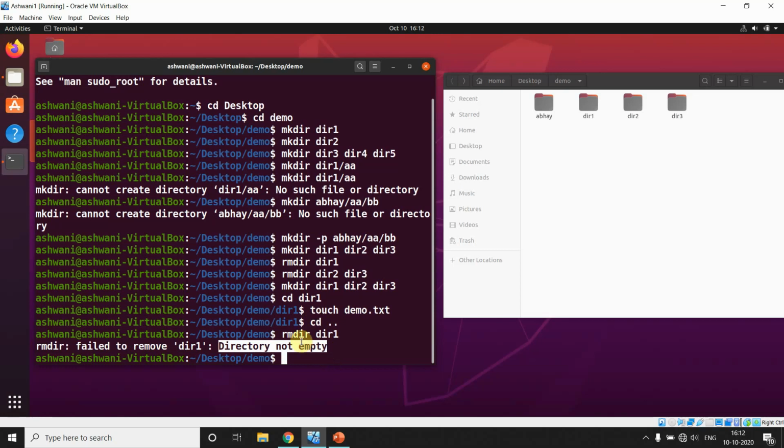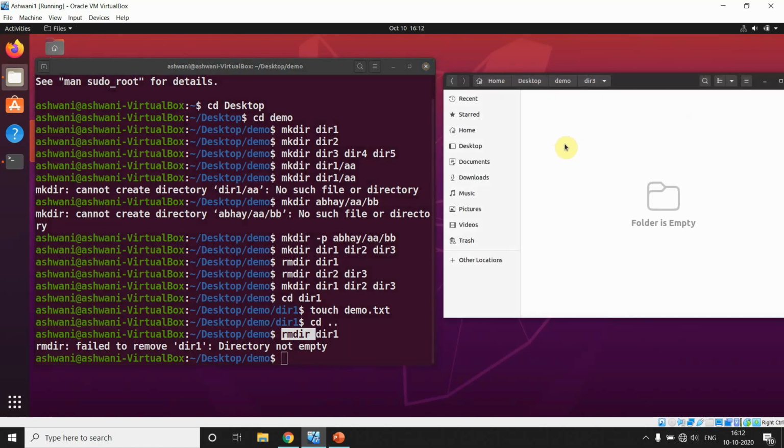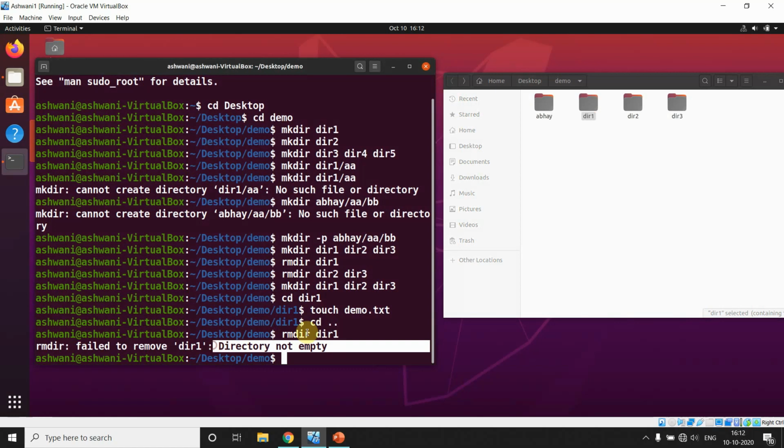So in Unix, what I feel, this is actually a most useless command, because if I am creating a directory, my requirement is creating a directory, so obviously I will create it to do some work inside it. Why should I create a directory to keep it empty like this? If I create a directory, obviously I have to do some work inside that. So it says I am able to delete only an empty directory. So that's why it's not a very useful command.